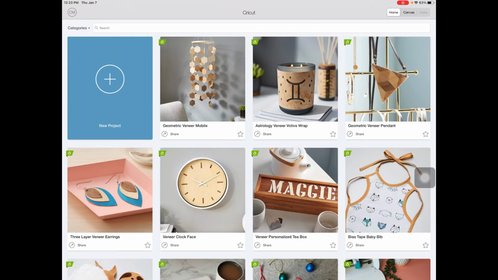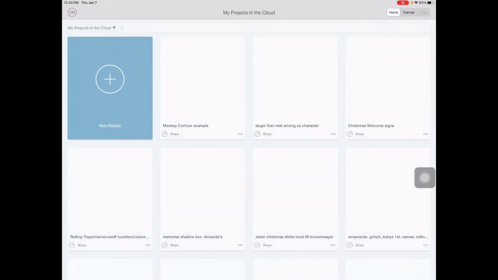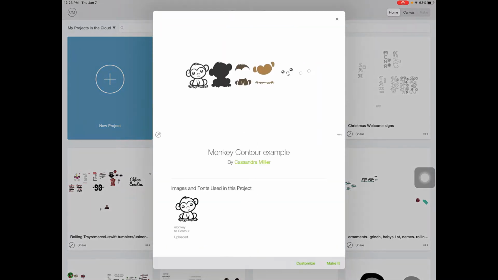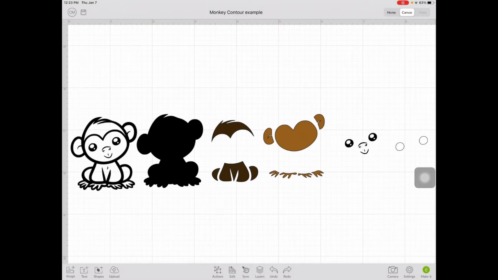And normally I would just go to new project, but for the purposes of this video, I did a practice run with the image that I chose. So I'm going to come over here in the top left corner to categories. I'm going to do my projects in the cloud at the top here. And I'm going to go to my first project here, monkey contour example, just to show you guys what we'll be making. So we are going to turn this first image here on the left hand side, the monkey,